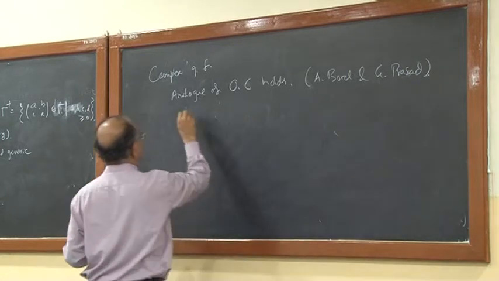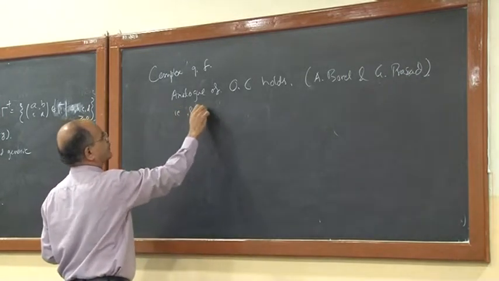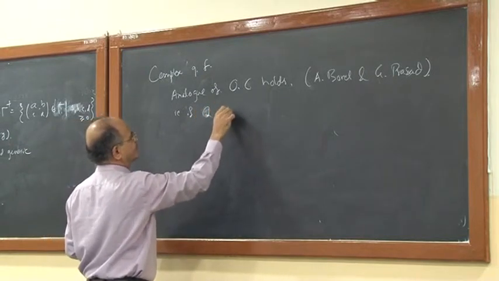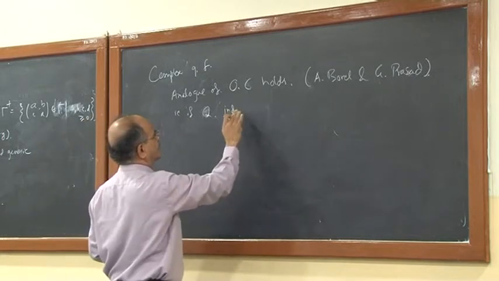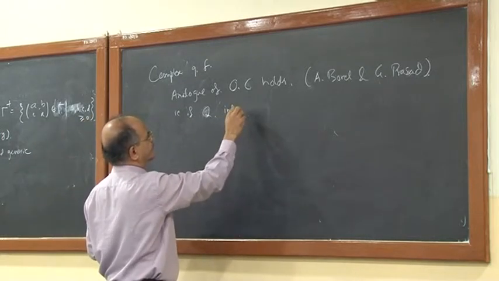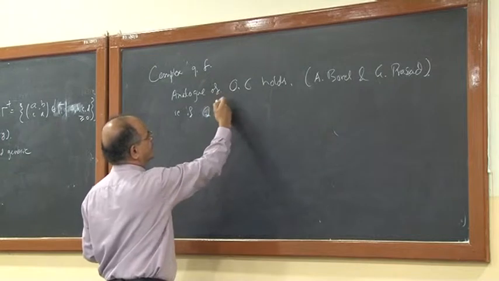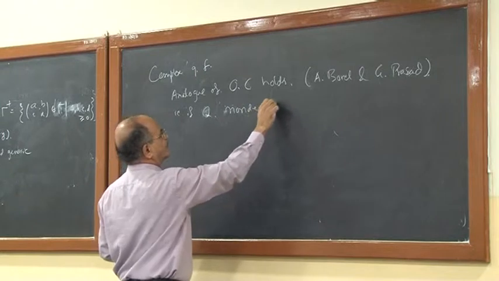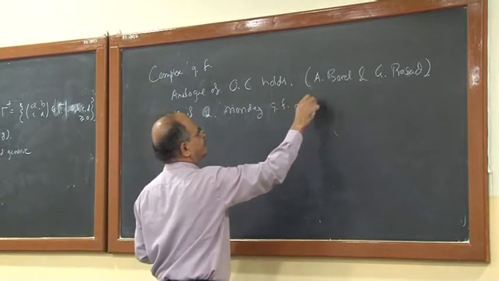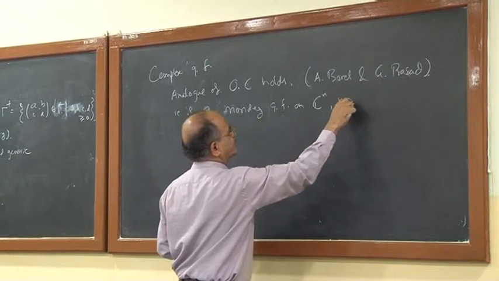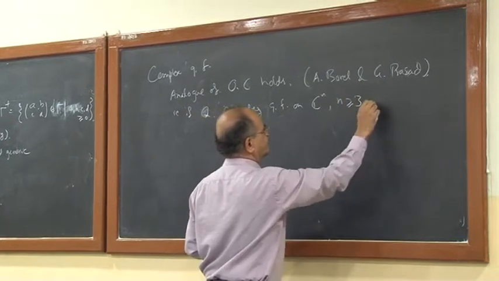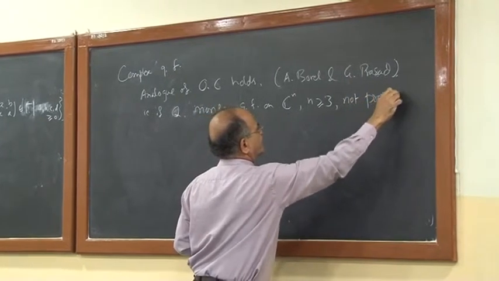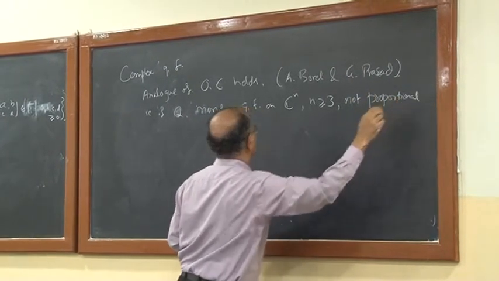So we know that if Q is a non-degenerate quadratic form on R^n, n at least 3, where indefinite is automatic, not proportional to a rational form,